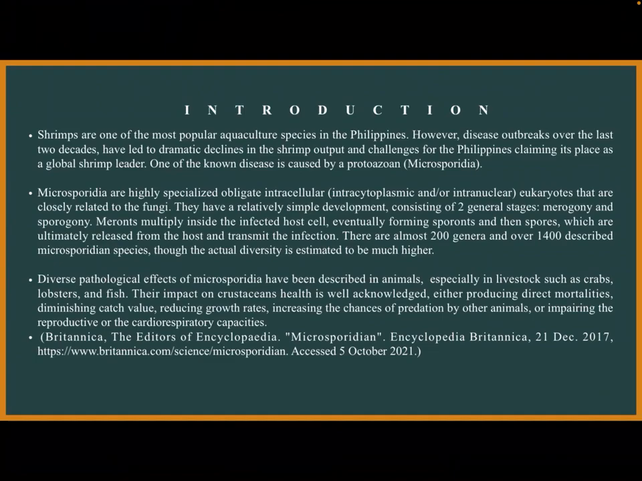There are almost 200 genera and over 1,400 described Microsporidian species, though the actual diversity is estimated to be much higher. Diverse pathological effects of Microsporidia have been described in animals, especially in livestock such as crabs, lobsters, and shrimps. Their impact on crustaceans' health is well acknowledged, either producing direct mortalities, diminishing catch value, reducing growth rates, increasing the chances of predation by other animals, or impairing the reproductive or the cardiorespiratory